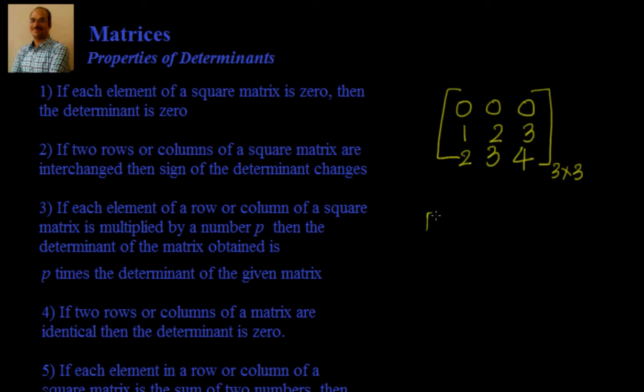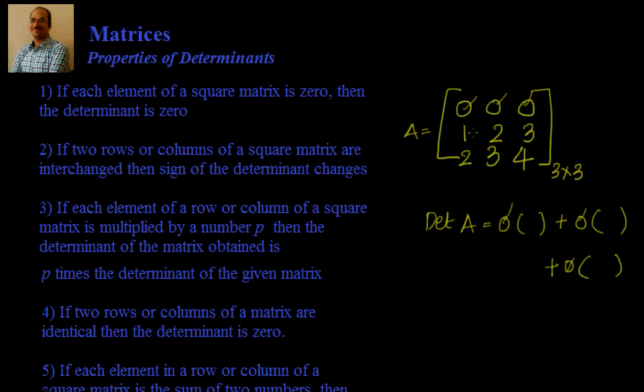Let us call this matrix A. The determinant of A is the sum of products of elements with their cofactors. That means every time you multiply an element with its cofactor, plus again an element with its cofactor, plus again an element with its cofactor. I don't care what the cofactors are, but I know I always have to multiply with the elements, that is 0, 0 and 0. So you can see that the determinant will be 0.